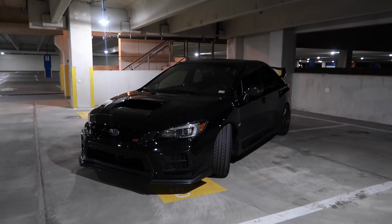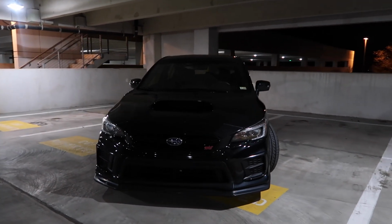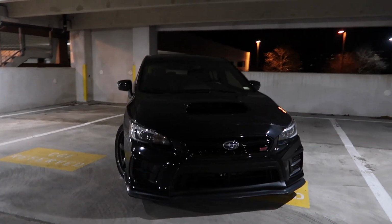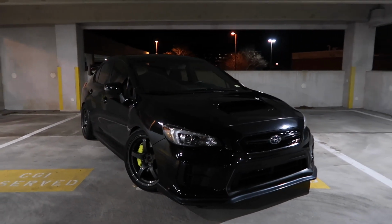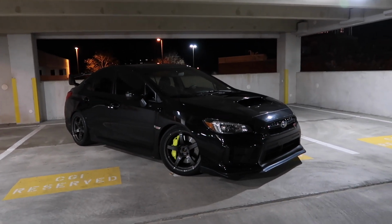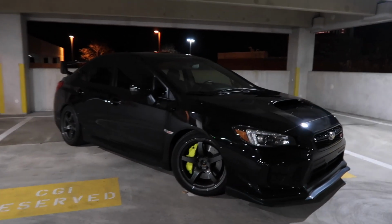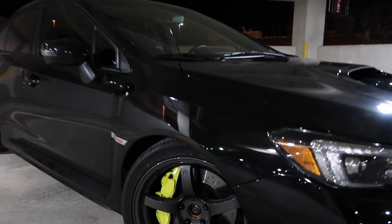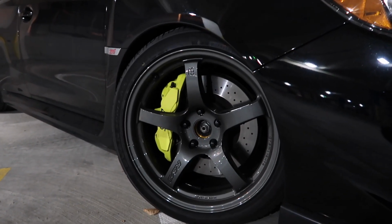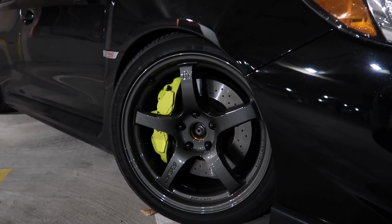So just to give you guys a quick little walk around, this is my 2020 Subaru STI. It is for the most part stock. It is lowered on just some Fortune Auto coilovers. I have this front lip that I got on eBay, nothing special. I recently put on these Rays 57CR wheels. They are 18 by 9.5 with a 38 offset, and I'm running